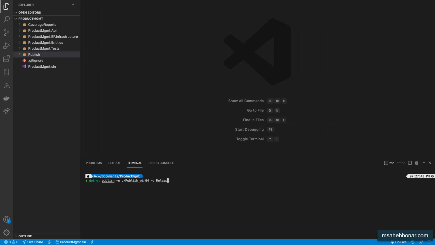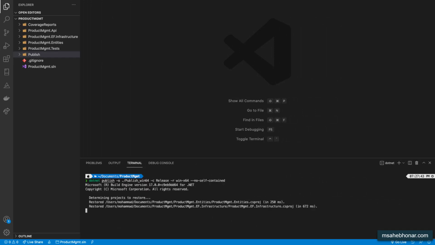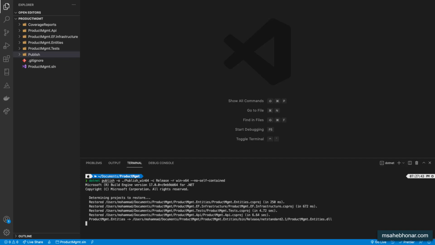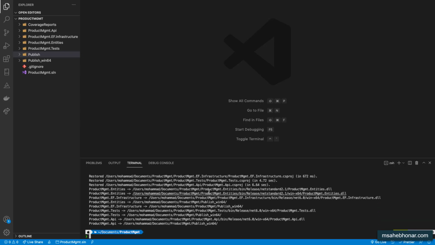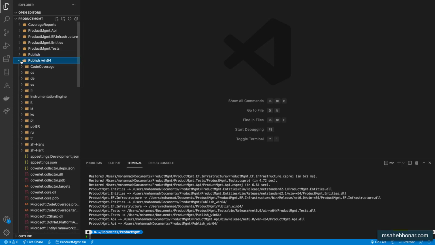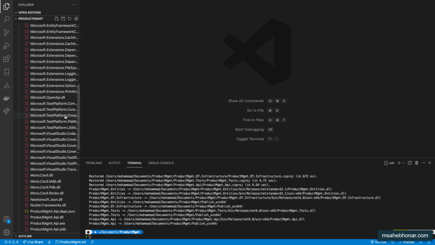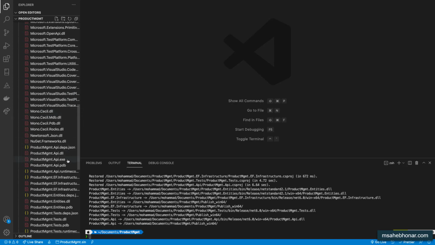Let's paste the command into the terminal. This time, an executable file for Windows has been produced.